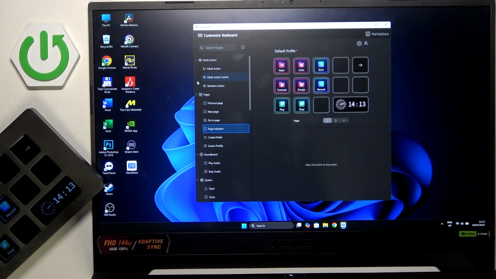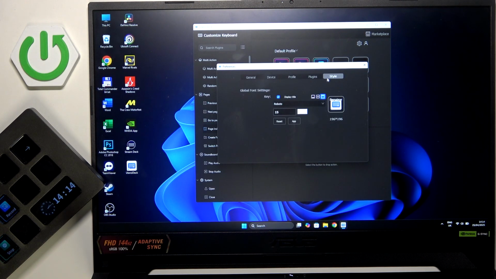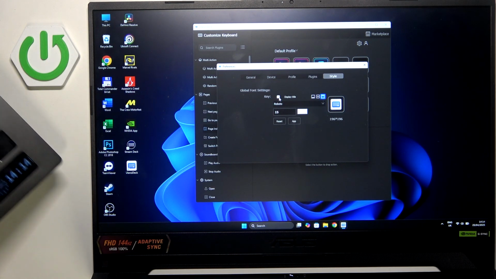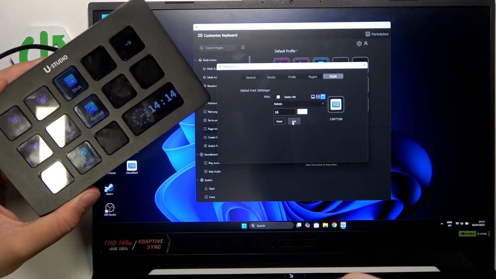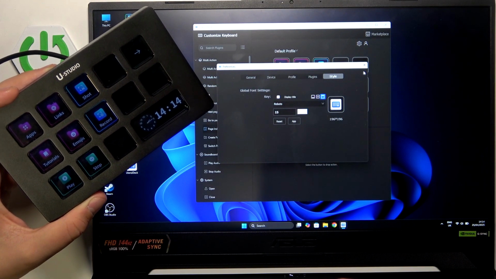We have to click on the name of our profile, and here we select the profile whose style we want to modify, and click edit profile. Here we tap on style, and now we can uncheck displaying title, as you can see, and if we click apply, our title will disappear. And now if we close it,